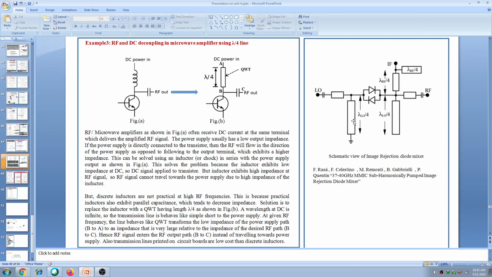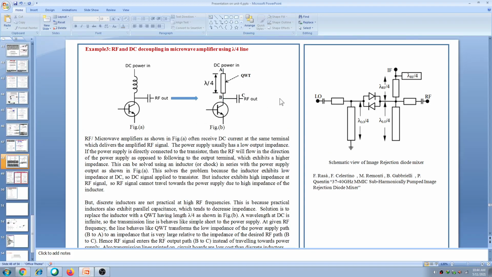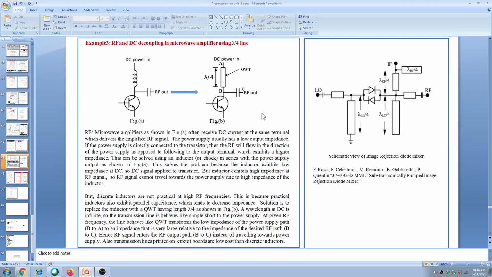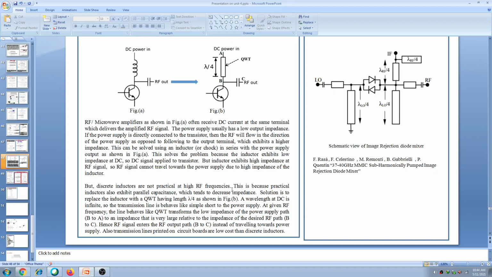Similarly, in many of our circuits, mixer circuit, amplifier circuit, phase shifter, couplers, we are using transmission lines. So this is one of the examples. What is the application of this? Similarly, you can use this also. There are a lot of applications because lumped inductors we cannot implement at a high frequency. We can make use of these transmission lines, they can be easily used at a high frequency. This is the application. I have written the same here, that theory, you can go through it. Whatever I explained I have written here.